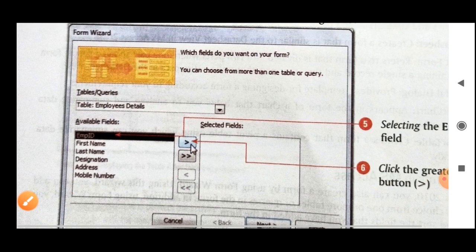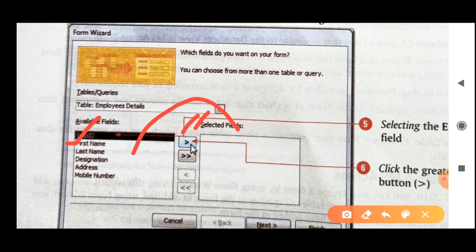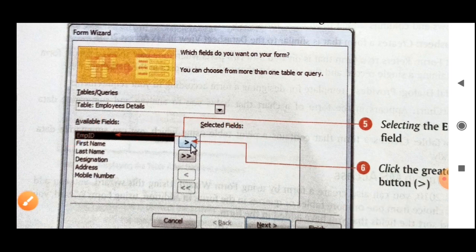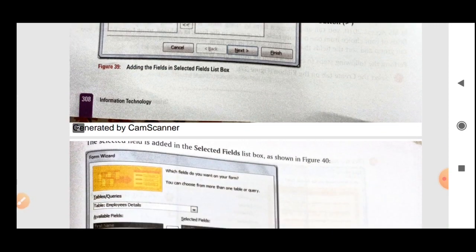Employee ID is selected, and when you click on this greater than button, the employee ID will move from this side to this side because it will be the selected field that you want to show in the form. So this is how you can select a field from the available to the selected fields column.